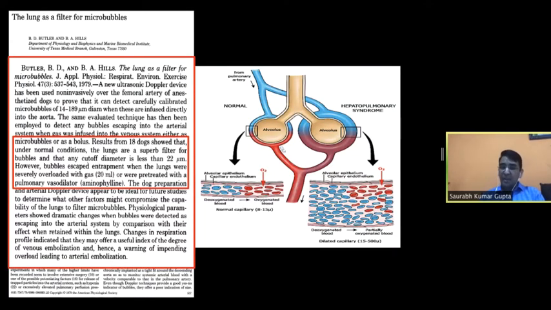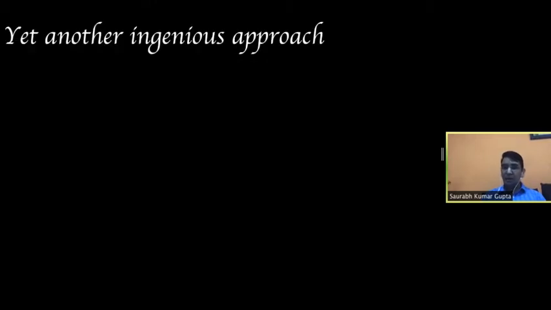Now, it became clearer how it is safe to give saline on the venous side through experiments which said initially that the lung capillaries do not pass any microbubbles bigger than 22 micrometers. Later studies showed that normal lung capillaries are 8 to 15 micrometers in size, so anything bigger than that will not be passed. So saline becomes a candidate for right heart study.